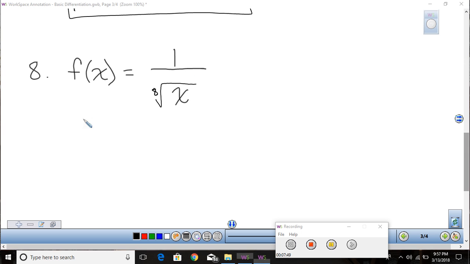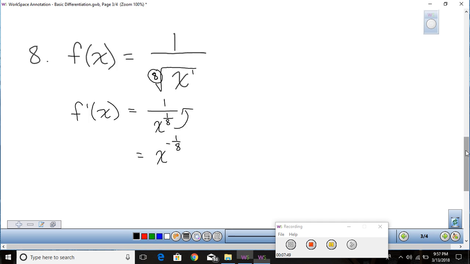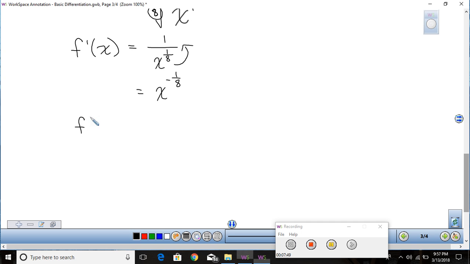All right, so this is kind of a new one right here. We just talked about this in power form. So this would be 1 over x to the, this is a first power here, so 1/8. But we can't do a derivative until everything is in the numerator. So we're going to move it up to the top, which means that our power is now going to become a negative 1/8. So now I have f prime of x is equal to, pull the negative 1/8 down,